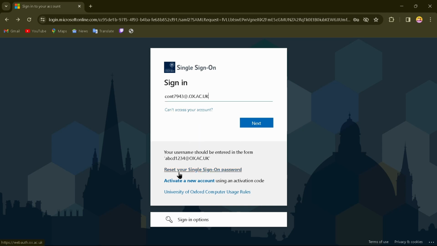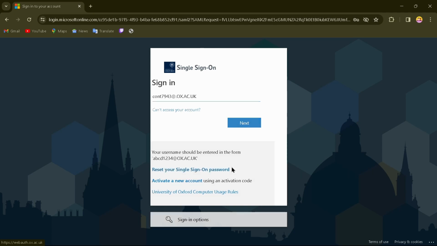So from here in the bottom of your screen, here you can see this option which says reset your single sign-on password. So now what you have to do is just tap on this option, and by tapping on that option you will reset and record your Oxford University's password. So just tap on it, and after tapping on that option you can just easily create a new password for your account. After creating a new password, just come back to